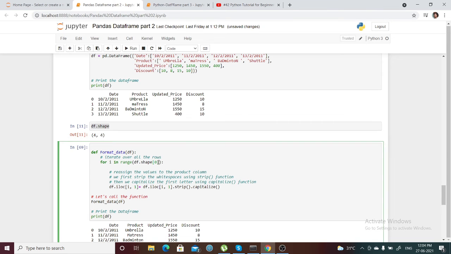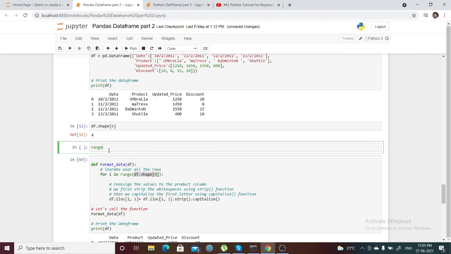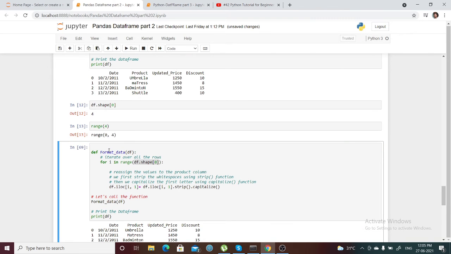It will just try to do the indexing. If you are trying to know what is zero, this is my value, so this is the zeroth index, this is the first index. The first index value will give you four. In the range function, this particular value will give you 4. Range will give you numbers from 0 till before that number. So if you see range 4, it will give you 0 to 3.